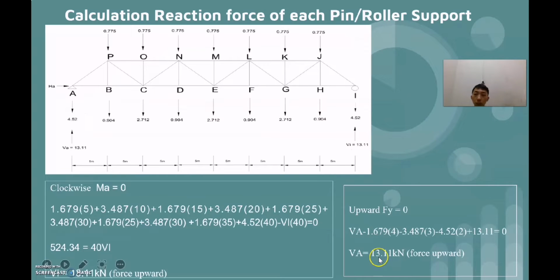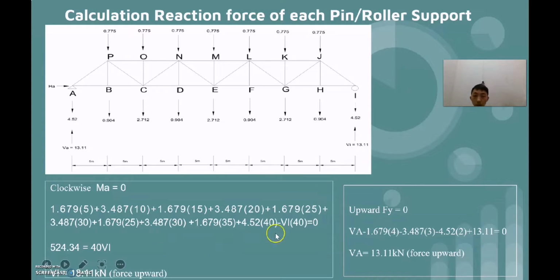Next, we need to calculate the reaction force of the beam and roller support. We assume clockwise is positive, moment net equal to 0, 1.679 is equal to 0.775 plus 0.904 times the 5 meter of resistance plus 3.487, which is the 0.775 plus 2.712 times 10 meter, and we do the calculation in the same way. Then we get VI, the vertical force of VI, is equal to 13.11 kN, and the force is